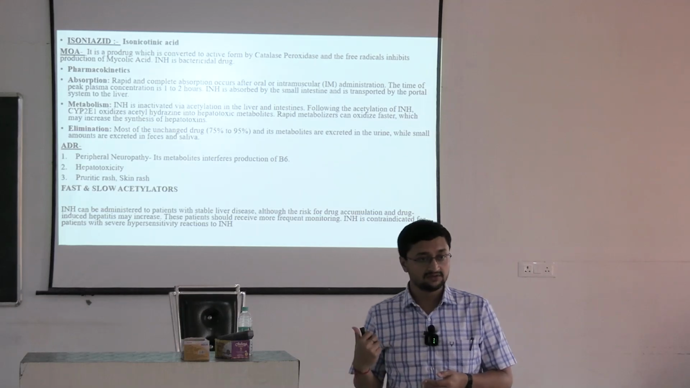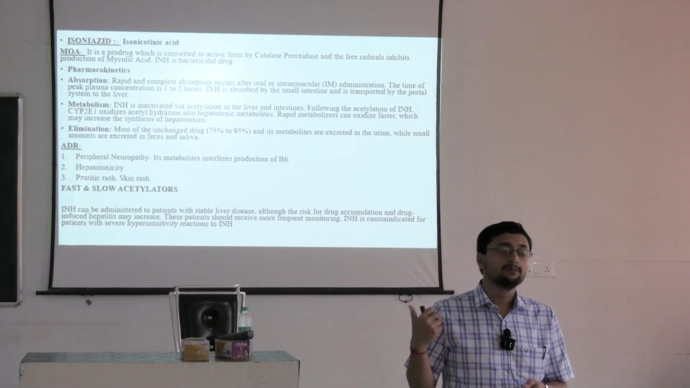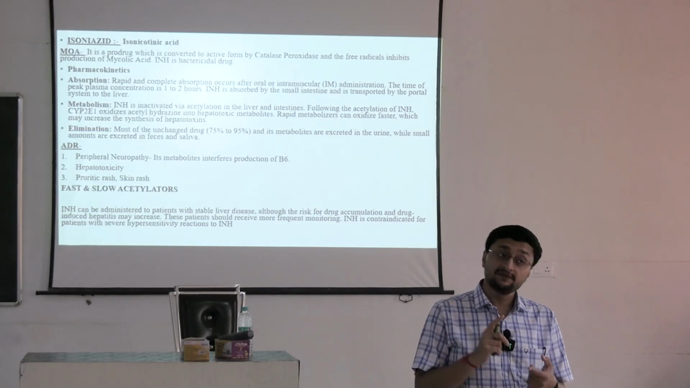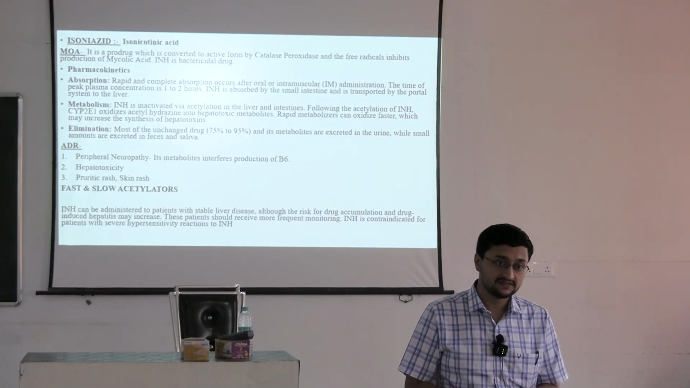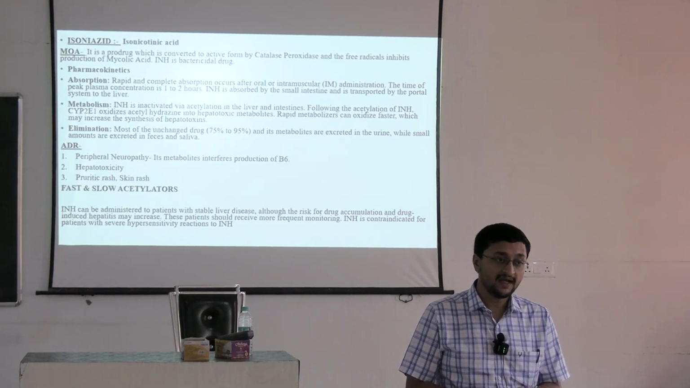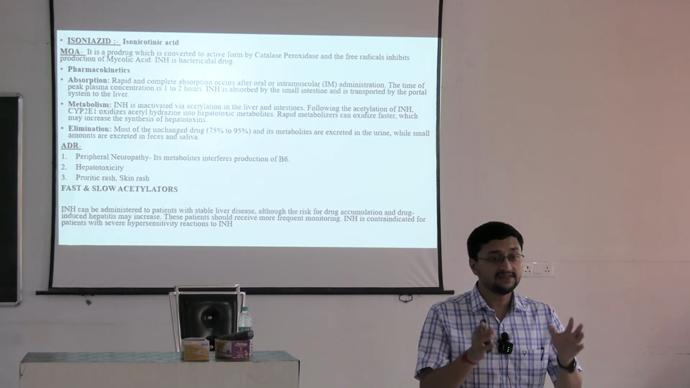I have already mentioned pruritic rash and skin rash. This is very rare, but hepatotoxicity and peripheral neuropathy are more common. Even isoniazid toxicity can lead to convulsions, seizures, and metabolic acidosis, severe metabolic acidosis. So in that case, so the